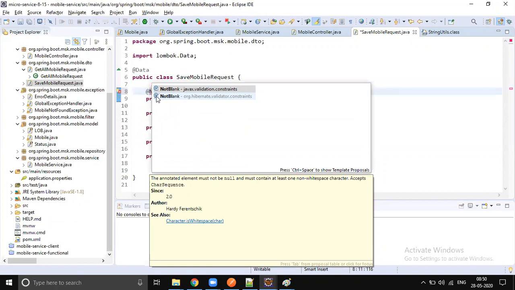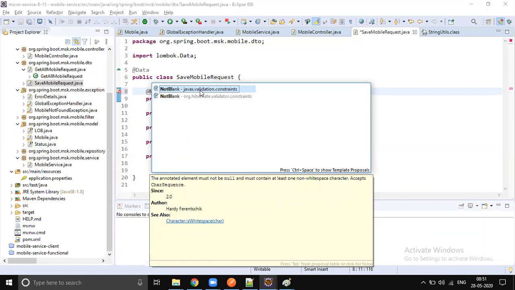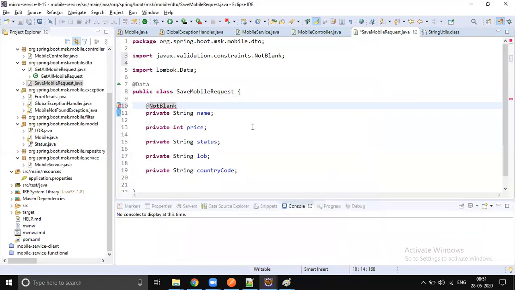But you see there is a strike, a slight line which strikes out this annotation. Will you be able to see that on the Hibernate section? Yeah. Which means it is deprecated. Don't use any deprecated code. So let's not use Hibernate validation annotations. Let's use only Java X validation constraints, right?